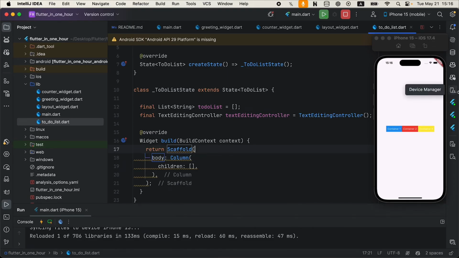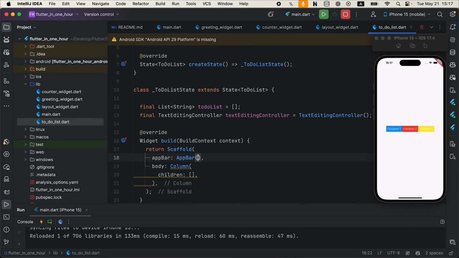Okay, we will have a simple app bar on the top. Let me create an app bar also. Basically, app bar is like a header of the mobile application, and once I create it, I will show you how it looks like. Let me create a simple app bar,